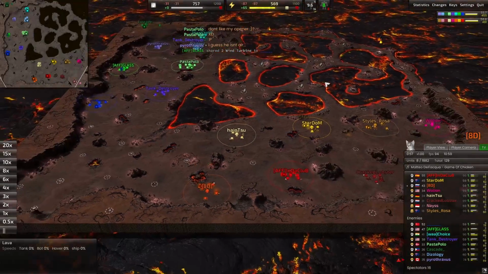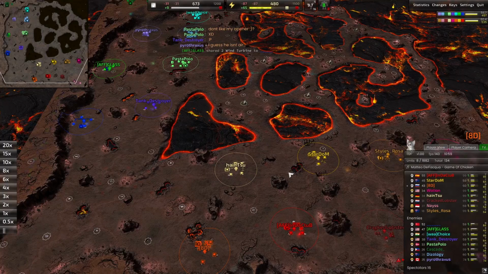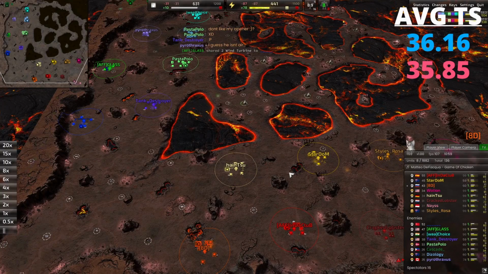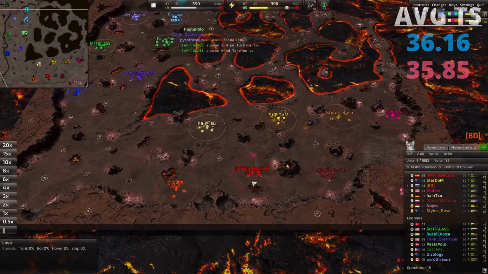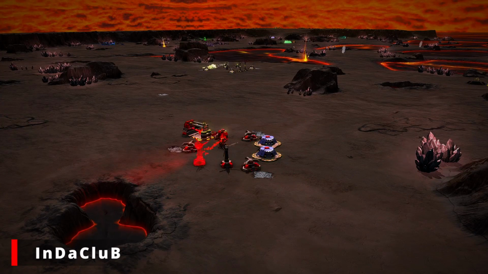But let's move on to our players here. A lot of high-rated players, a very high-rated match. I'll put the average TS scores on the screen right now. For our warm-colored team, we have in the club in the AF clan, going to be red here, playing Cortex,